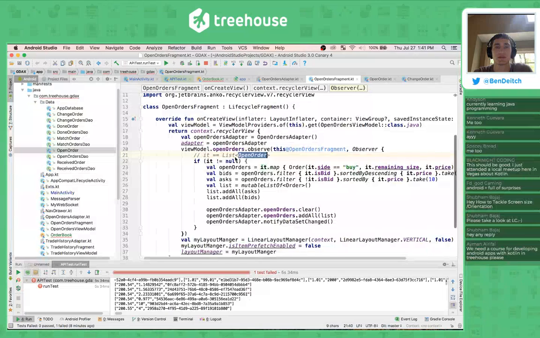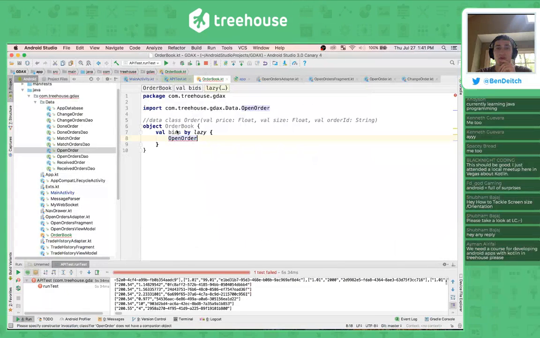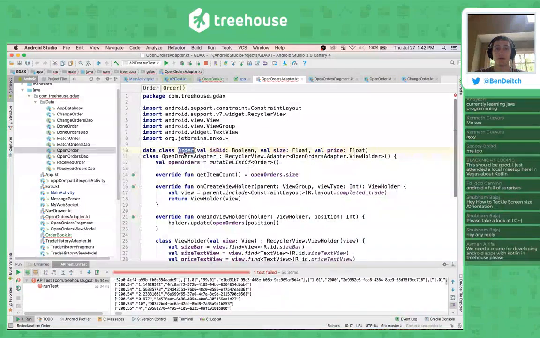So this should be, all right, let's start out here. We want to use order for the order book. So that is set in stone. I want order right here. I want this word to be order. But fortunately, we also have open order as one of our database access, or one of the tables in our database, which is a little confusing because then we have this order class here, which let's just rename this to,